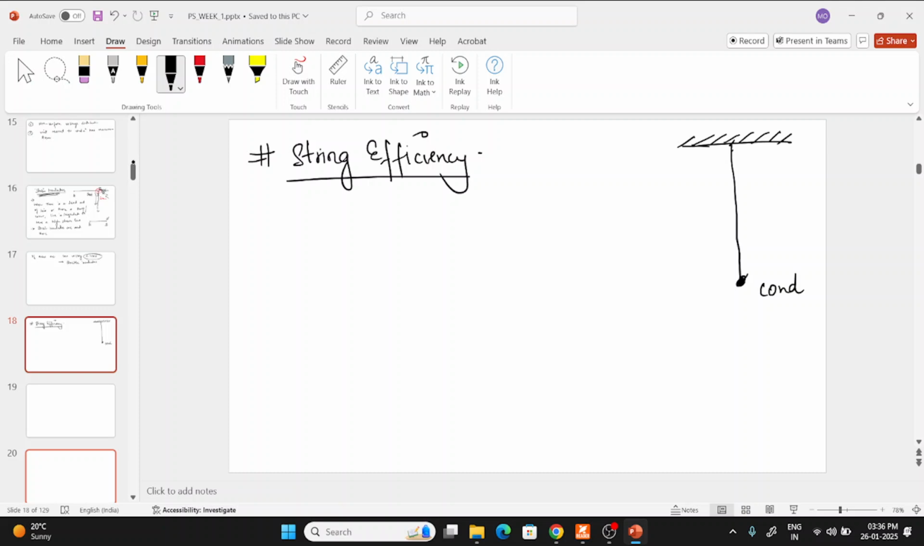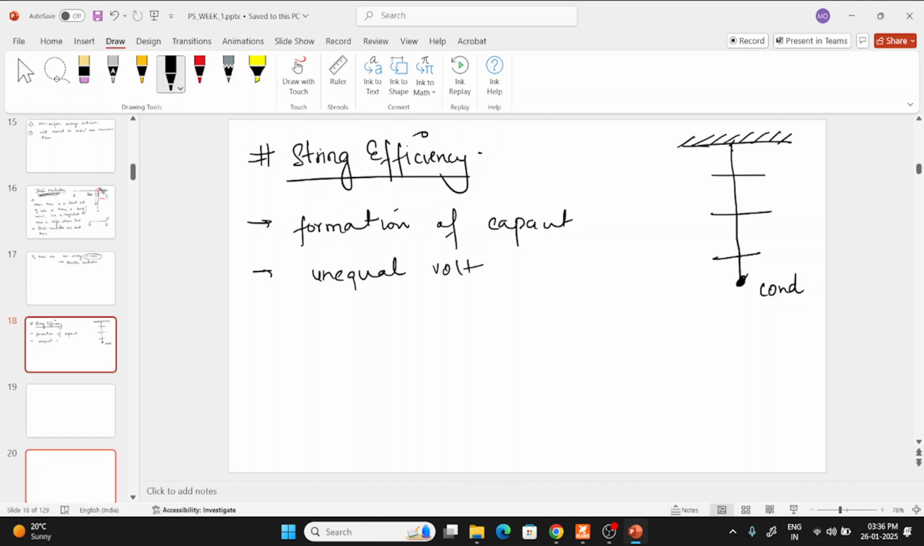ओके. जब ये इंसुलेटर्स होते हैं, तो जनरली in an ideal thing, the voltage between this and this should be equally distributed in an ideal case. But the problem is that due to the presence of these disk, there is a formation of capacitance, and these capacitance will lead to the unequal voltage distribution across the disk जो हम इंसुलेटर में लगा रहे हैं, ठीक है।